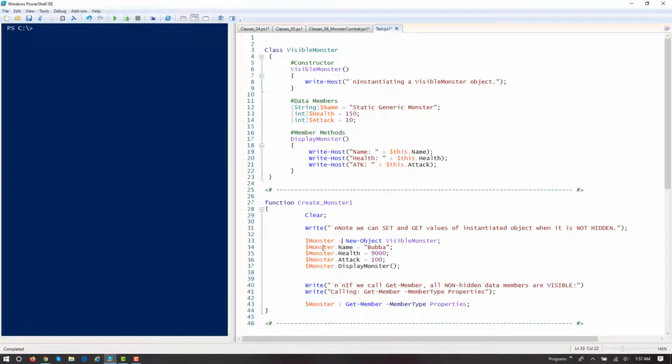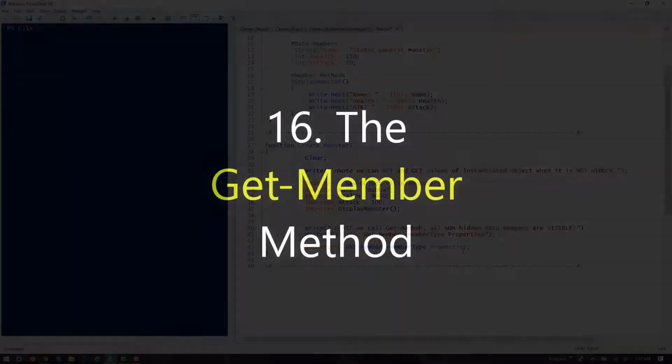Eventually, you might ask, is that the blueprint for a monster? Is that an instance of a monster? So maybe it's good practice to always give it a different name. Anyway, monster is a variable. It creates a visible monster. We're setting the data like we always do with the dot operator, and we're going to call the display monster